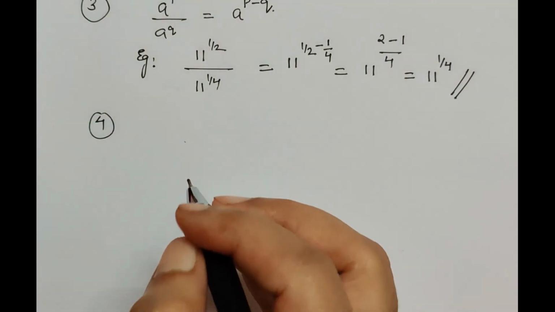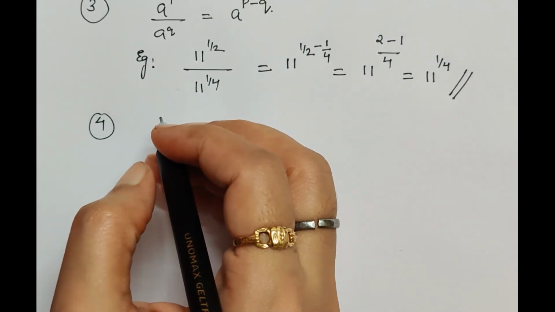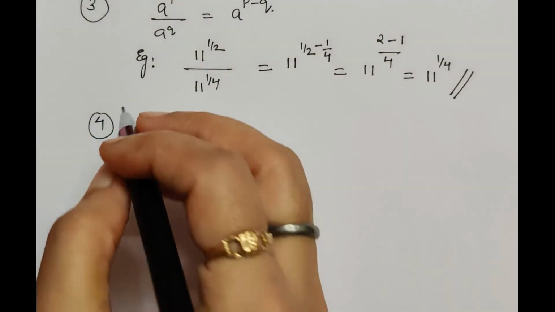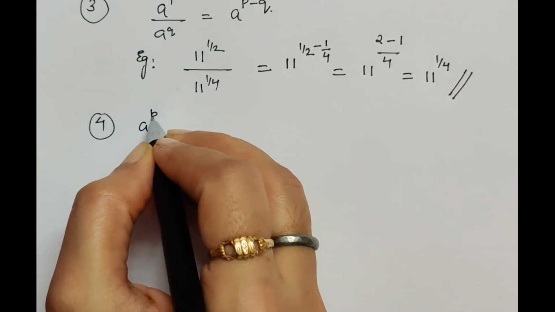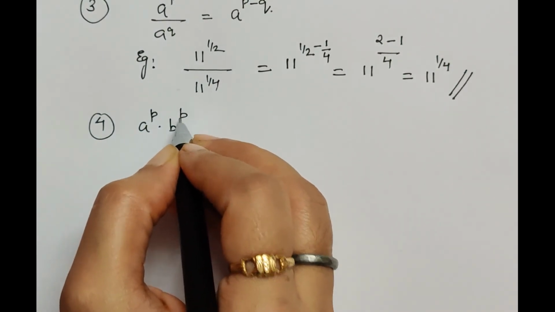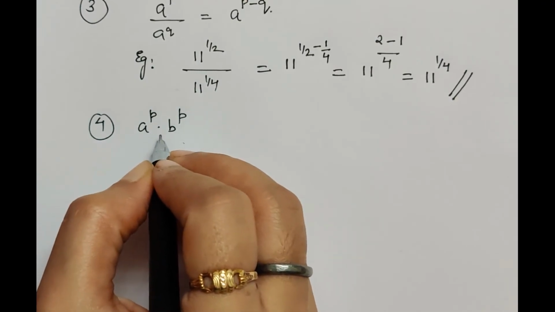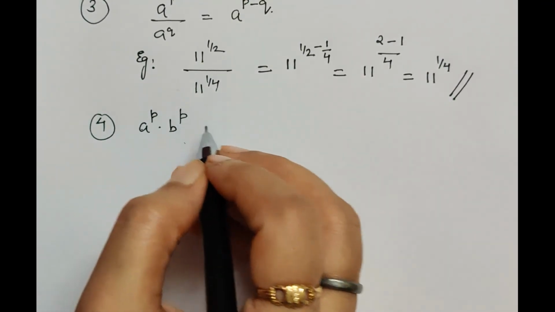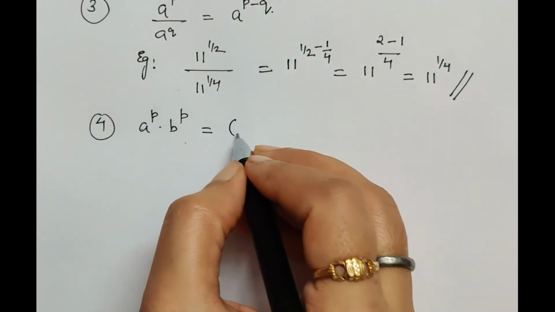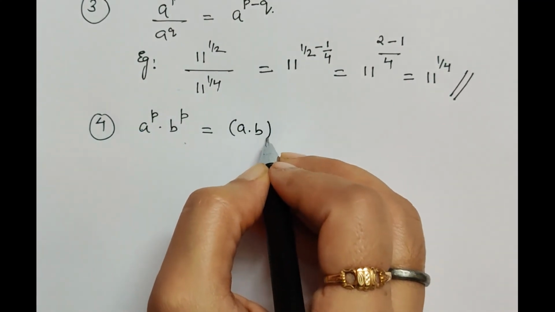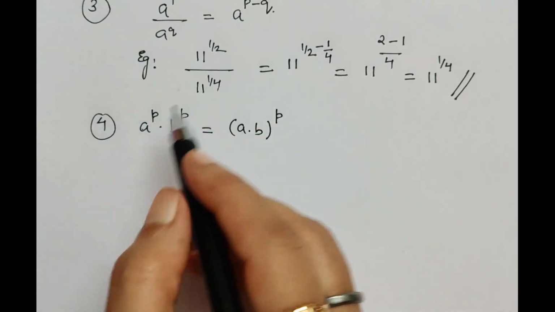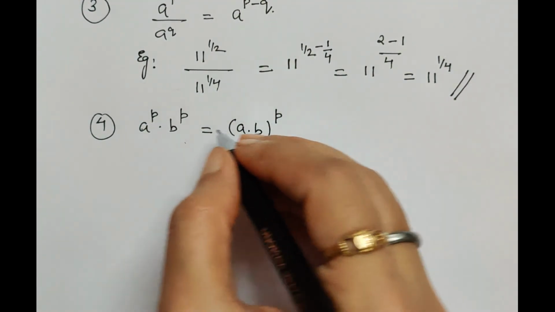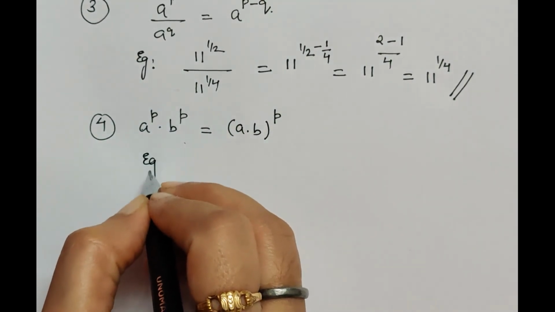So this is the solution for this law of exponent. Now let's consider the fourth law of exponent, which is a to the power p into b to the power p. Here, unlike the first law of exponent, the base is not same but the power is same. So here what we can do is we will write that same power only once, because for both we have the same power. So let us understand it again better with the help of an example.